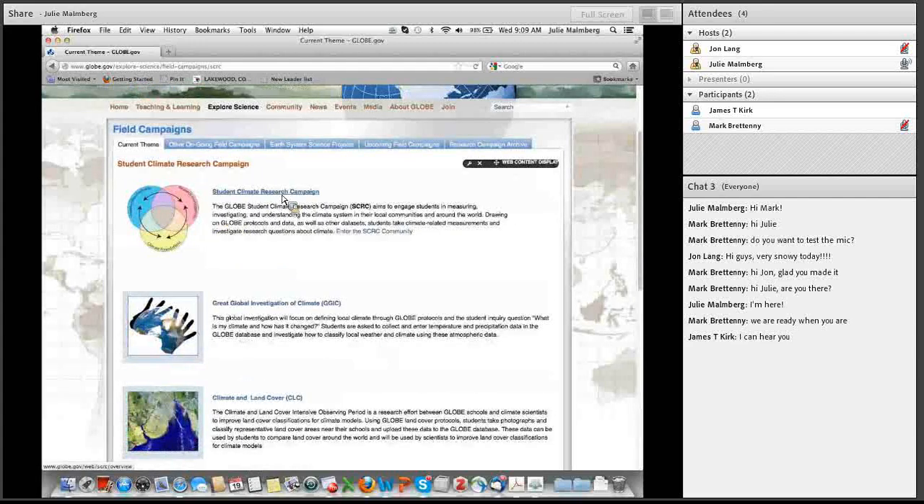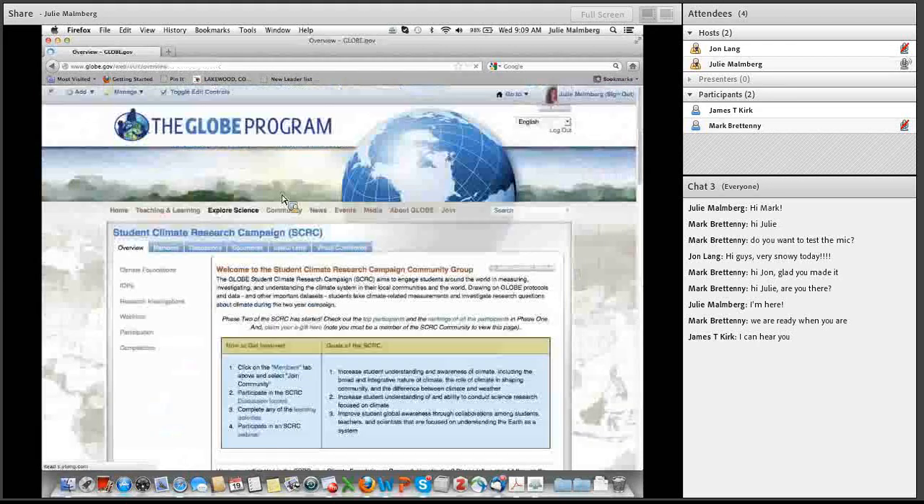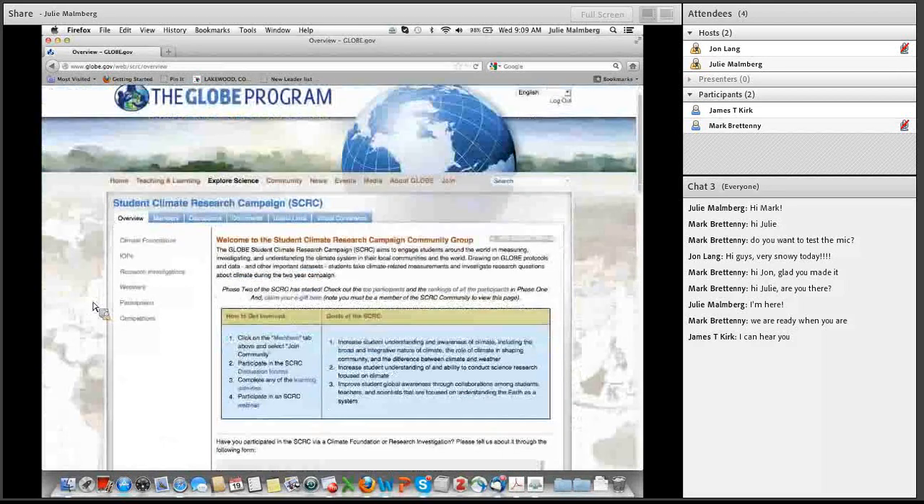The field campaigns tell you our current research themes at globe.gov. And currently we have a Student Climate Research Campaign, and within that we have the Great Global Investigation of Climate, Climate and Land Cover, Phenology and Climate, From Learning to Research, and the Surface Temperature Field Campaign. So the one that we're going to look at is the Student Climate Research Campaign. So I'll click on that one. And now I'm in the Student Climate